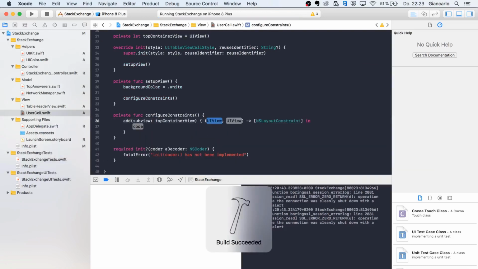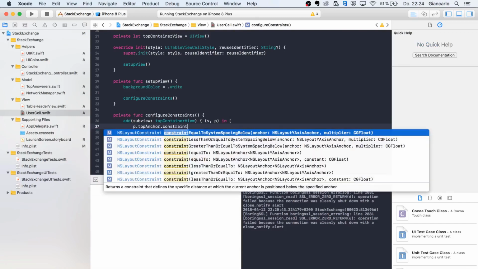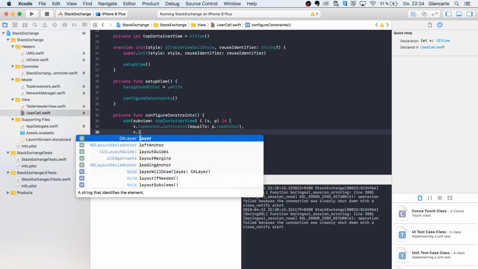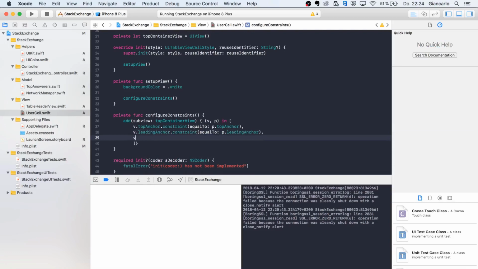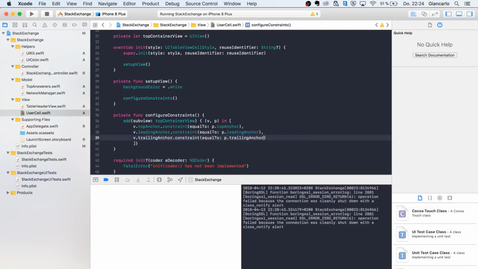We're gonna put in our image and so on, and the header view is going to be the top anchor. Constrain it to the top anchor. I'm sorry, it's not P, it's a V. It's a view, and view dot leading anchor is gonna be the leading anchor. Same stuff for trailing anchor, and instead of bottom, we're gonna call height anchor,